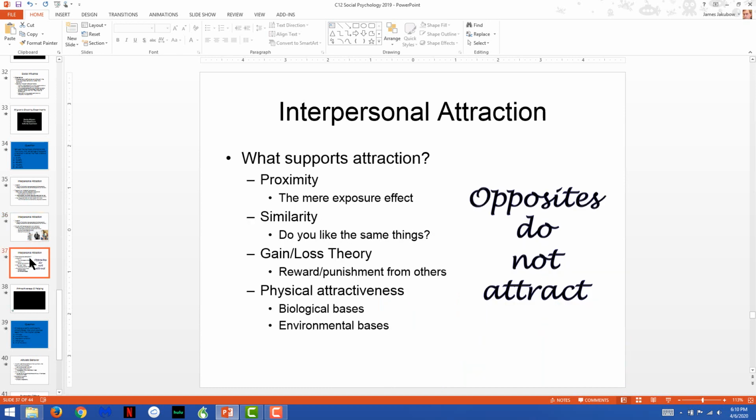Now, what sorts of things support attraction? Well, there are 4 things listed here, which are really the very basic aspect of it. Proximity. If you are near someone else, you're simply more attracted to that individual. If you see them every day and nothing inherently bad happens, you're simply going to be more attracted to that